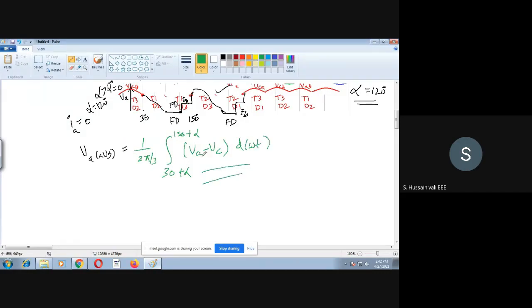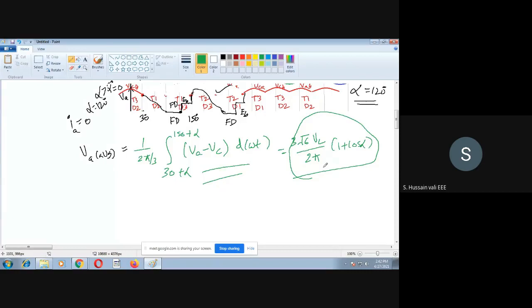So for that duration, the output voltage is VA minus VC from 30 plus. So this you will see from the waveform itself. Then in that case, if you do the simplification, I'm not going to do the simplification. So VA minus VC, I will get here a line voltage. So that line voltage I will write directly here: 3 root 6 into line voltage divided by 2 pi into 1 plus cos alpha. This you will get here. I want you to check this.